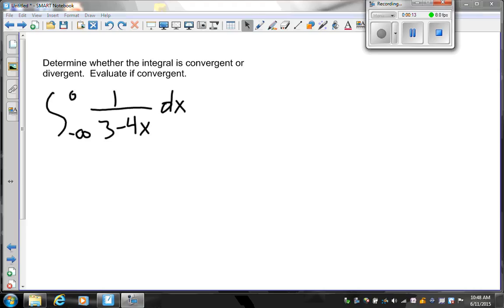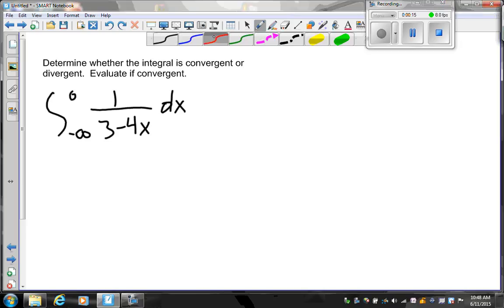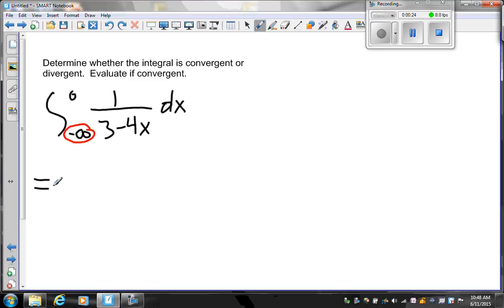Here we have an improper integral. We can see that pretty quickly because we have a negative infinity as a limit of integration. So we have to use the definition to evaluate this limit. The integral will be equal to the limit as a approaches negative infinity